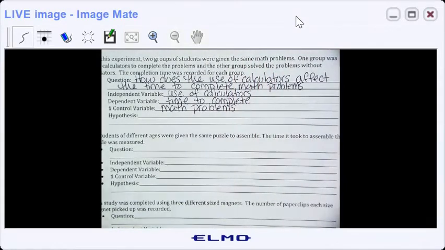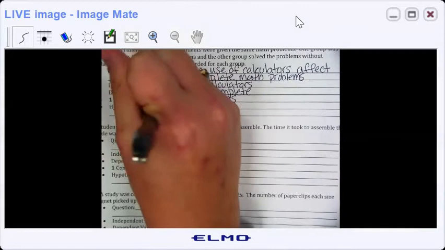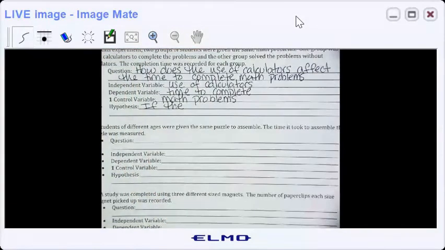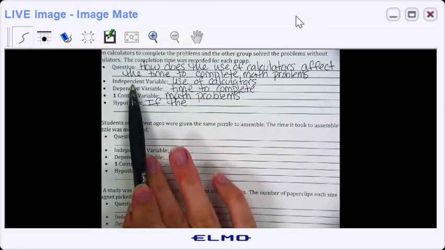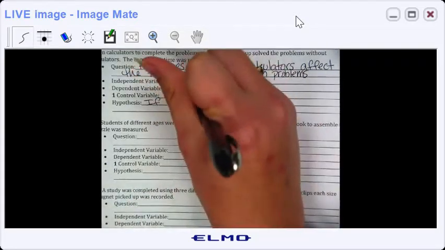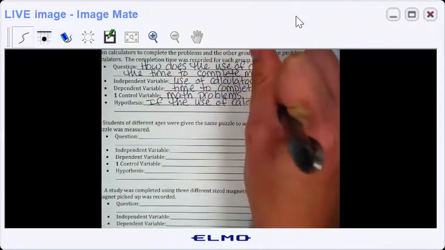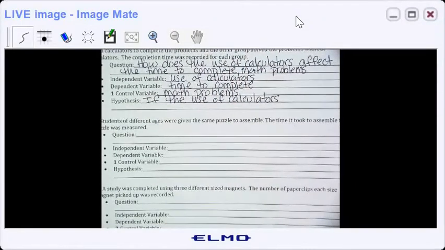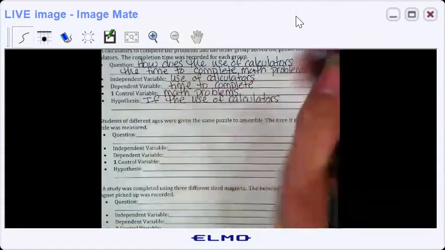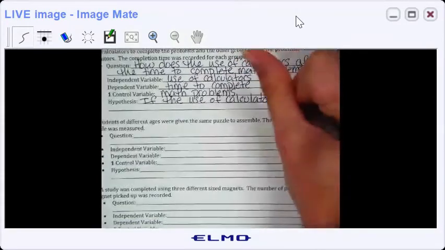A hypothesis. We write our hypotheses starting with if the. And then just like questions, our independent variable is written first. So we have if the, and then go back and look. What is our independent variable? The use of calculators. Next, we usually pick increases or decreases, which is kind of a weird way to say the use of calculators was allowed. We're just going to say increases, so we gave them calculators. So if the use of calculators increases, or was allowed to happen,